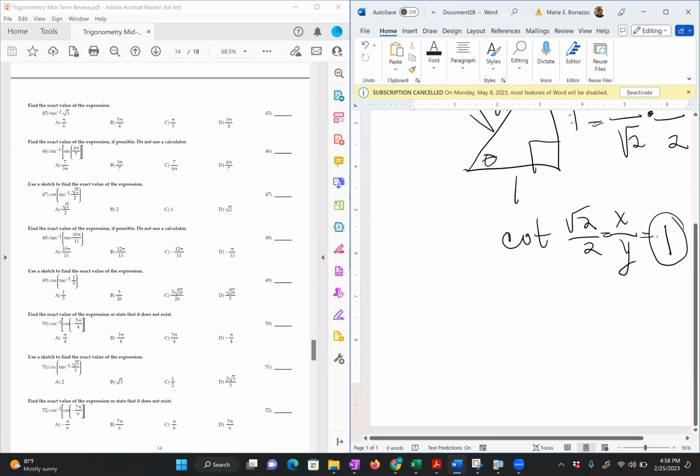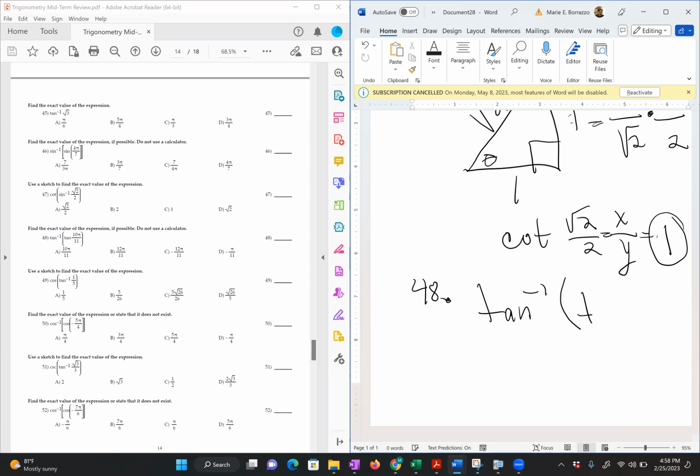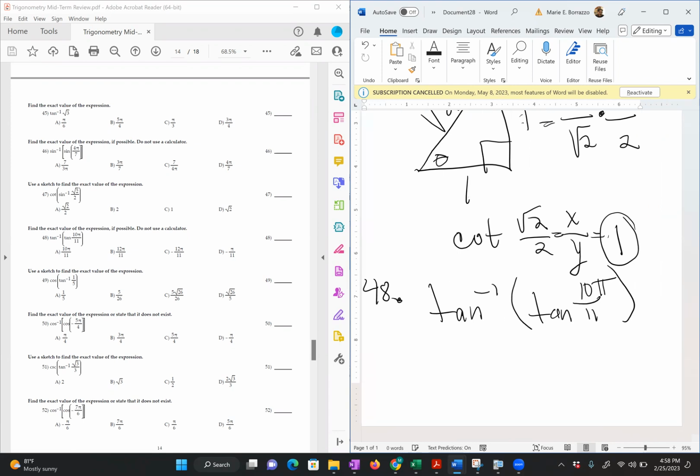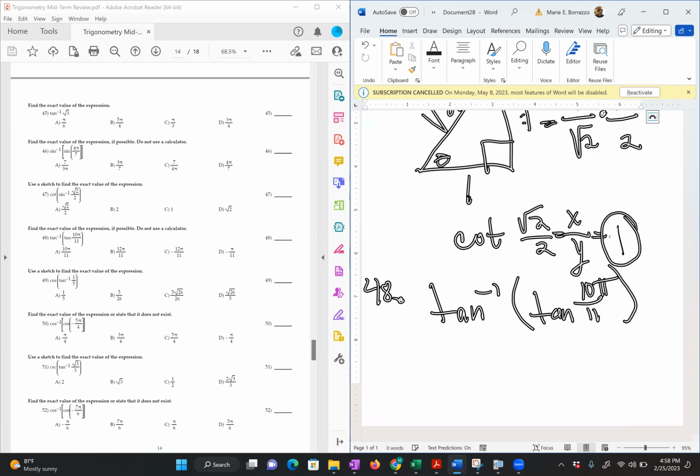Going back to 48, in number 48, I'm looking at tan inverse of tan of 10 pi over 11. All right, and so in this one,